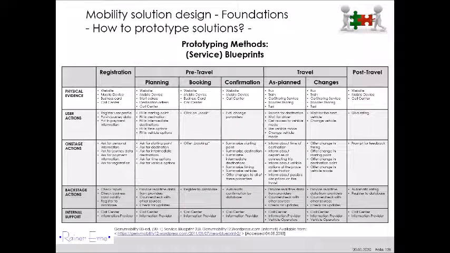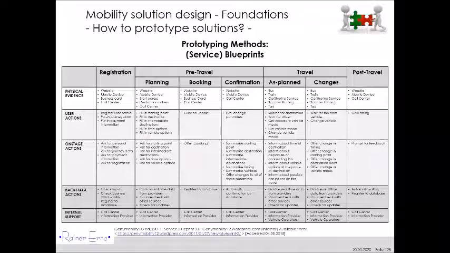The third possible kind of prototype is again a bit more sophisticated. They are called service blueprints because they are usually used in the service industry when you try to secure the quality, for example, of a hotel service. And a service blueprint is comprised of